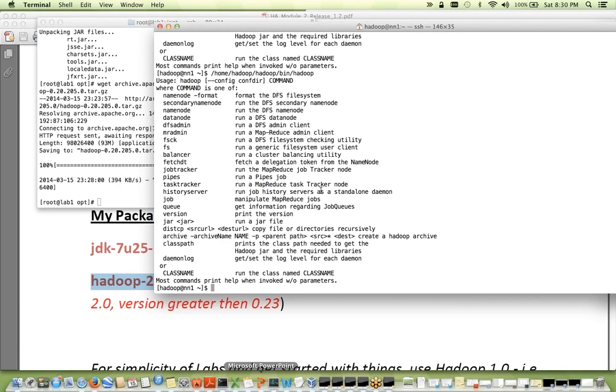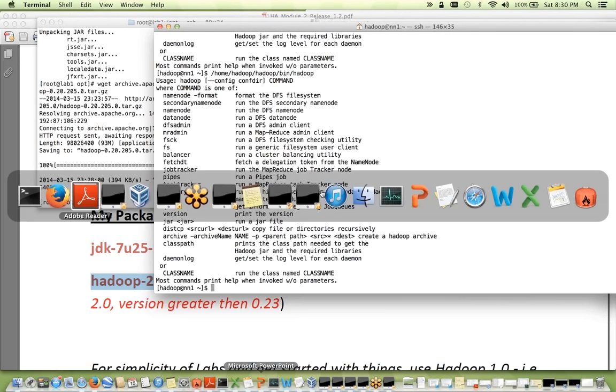All right. So now basically we have our Hadoop setup. Now we will start configuring Hadoop. So we set the path, we have the bash profile. And now if I go back to my deck,